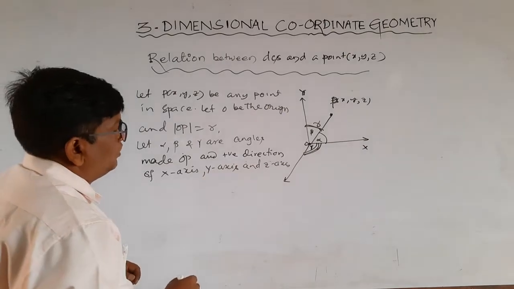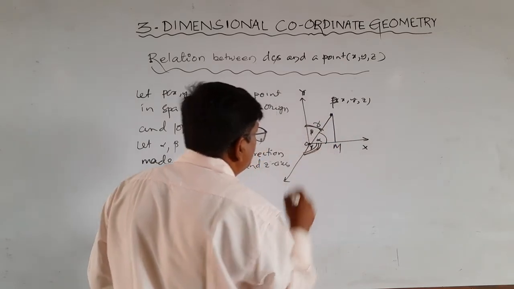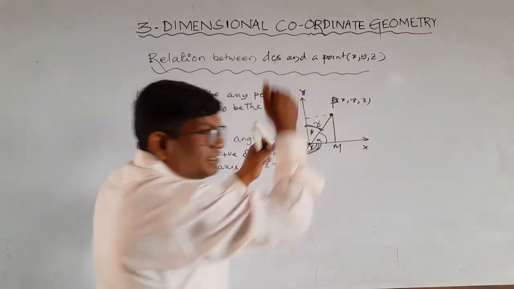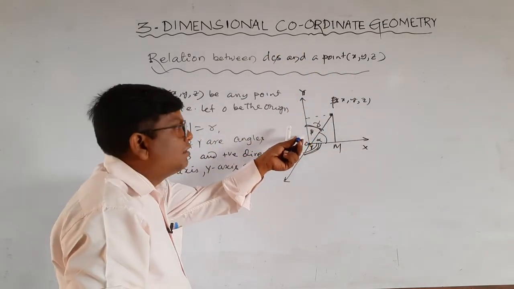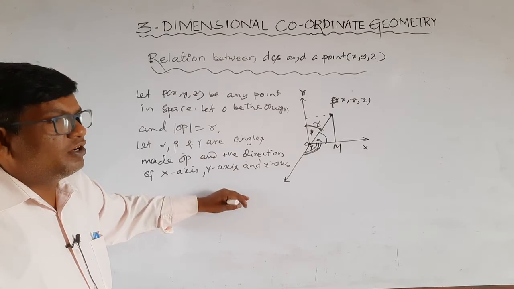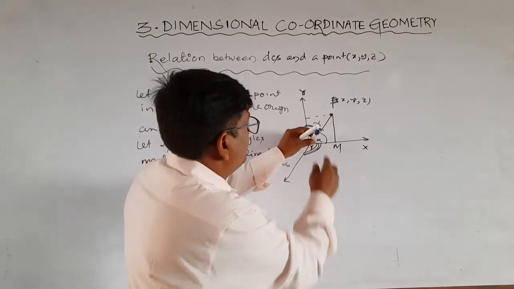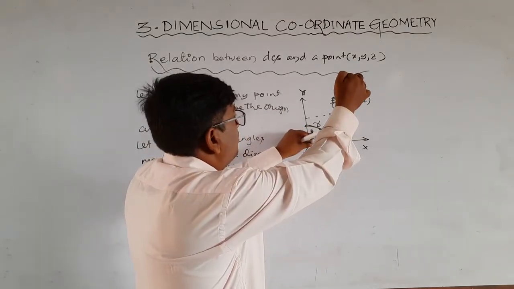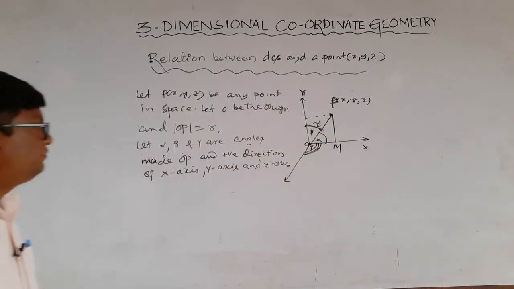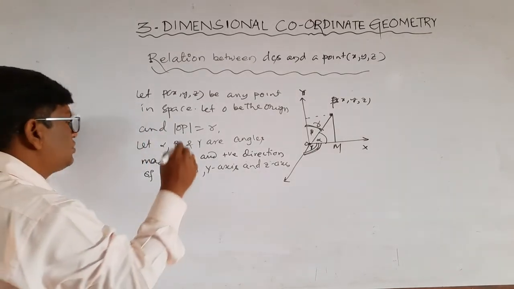Okay, so draw a perpendicular here, another perpendicular to here and another perpendicular to the z axis, which is impossible to draw because it is a 3D figure. So a 3D figure cannot be drawn on the plane. So just imagine this is z axis, and this is the point. Draw perpendicular here, draw perpendicular to here. Now L, M, N equal to cos alpha, cos beta, cos gamma are DCS.